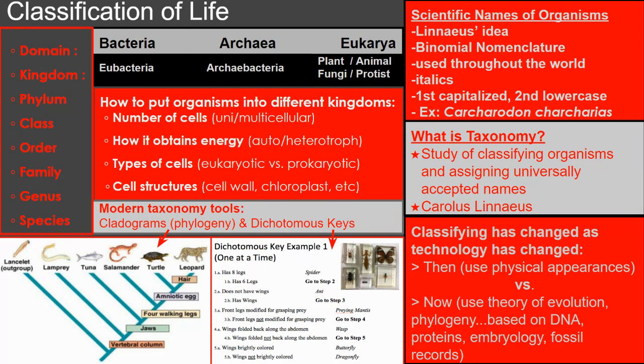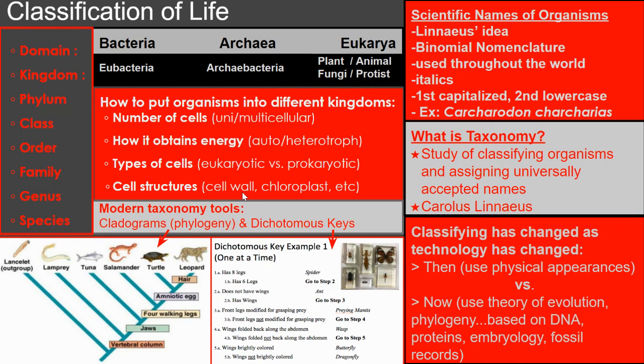What if we discover a new organism and we don't know what category it is, and we find out it has a cell wall? If it has a cell wall, it could be a eubacteria, if it's also single cellular or unicellular, or it could be a plant or a fungus if it has a cell wall, but then we would look further at their cell wall. If the cell wall is made of cellulose, it will be a plant, and if it's made of chitin, it will be a fungus.